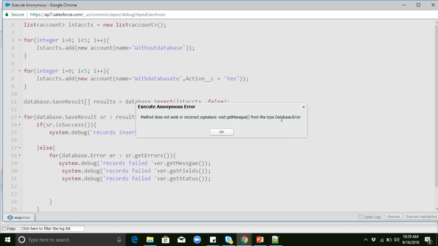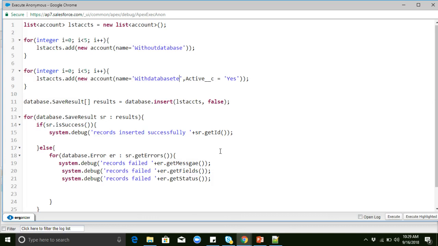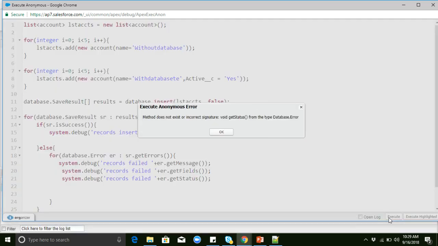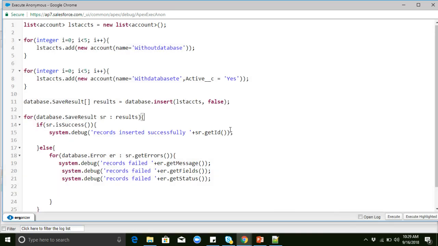Get message from Database.Error, getFields, and getStatusCode. We'll check later which method. Oh, it is executed.